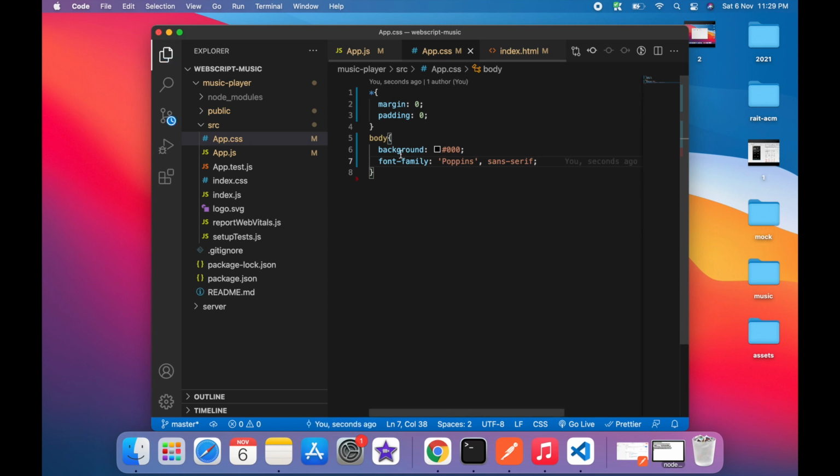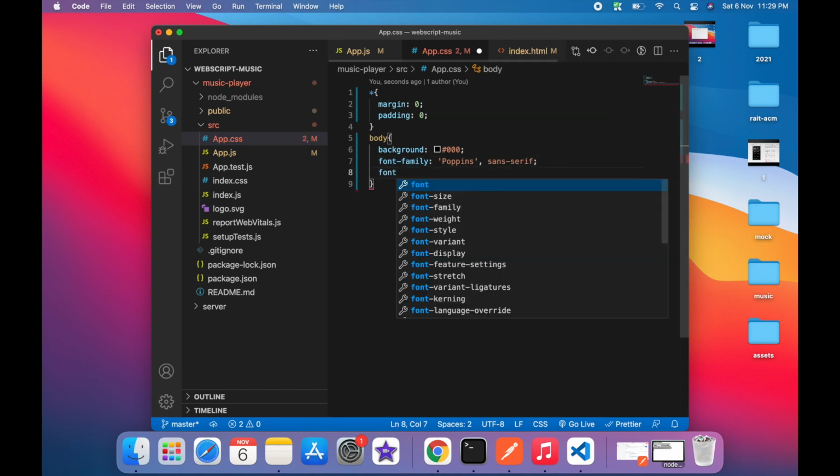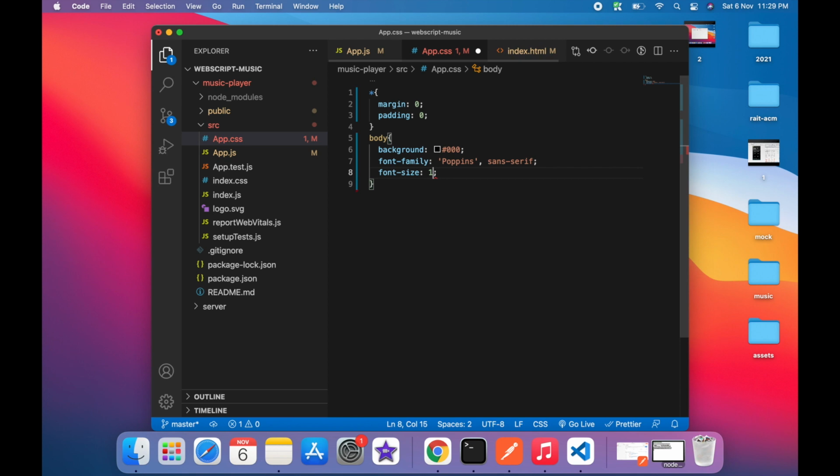Cool. So here we have got our background color. We have got our font family. Okay. Also, if you want, you can give the default font size. So default font size, let's say 14 pixel. Save. Okay. Now let's go to the app.css file to create the default CSS, some shorthand CSS, so we